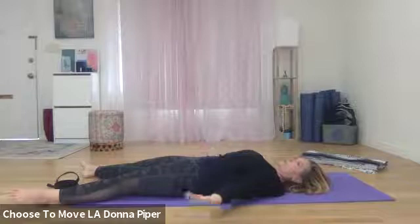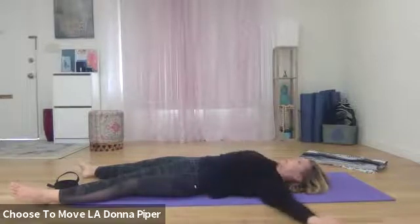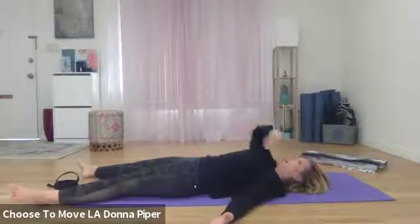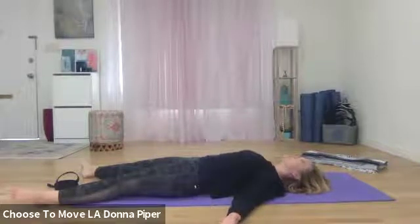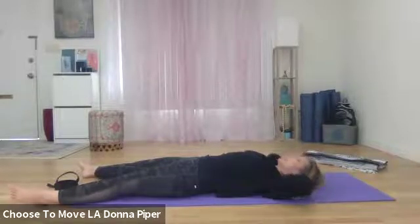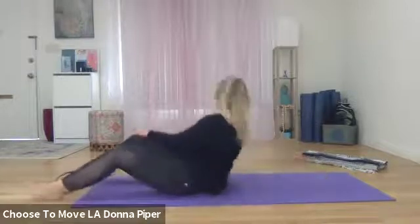Then shoulders down, arms are gonna be about 45 degrees, so they're just going down. You don't want it too far here or close to you. You want air and energy to circulate in between all of your limbs. Let your head relax. If you need a pillow for that or something to support your head, go ahead and get that. If you need a bolster or roll up a blanket for your knees,